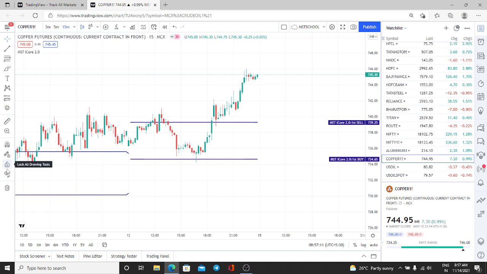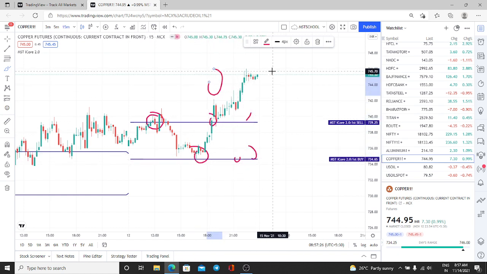Whichever triggers first, you have to trade that side. The other side you have to ignore if you are a safe trader. If you want to trade again and again, you can trade the sell side as well as the buy side, again sell side, again buy side, again weekly mode, again monthly mode. You can trade as many times as you want. But if you want a small and consistent profit, as a small trader, not a risk taker, then you can trade with only one trade in a day.